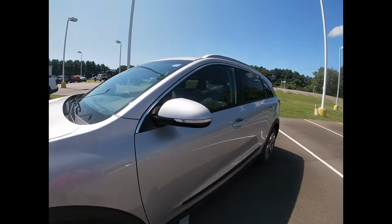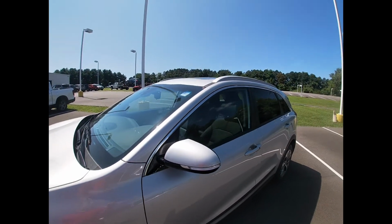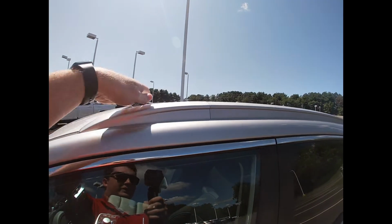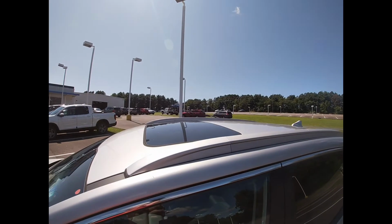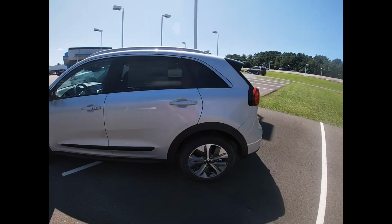Coming on up, you have your LED turn signals and your mirrors there. You'll see on the top, just like the regular Niro, you still have roof rails here that you can put crossbars over the top of and carry stuff on top. You also have the sunroof up here on this EX Premium trim level. Coming around to the back,